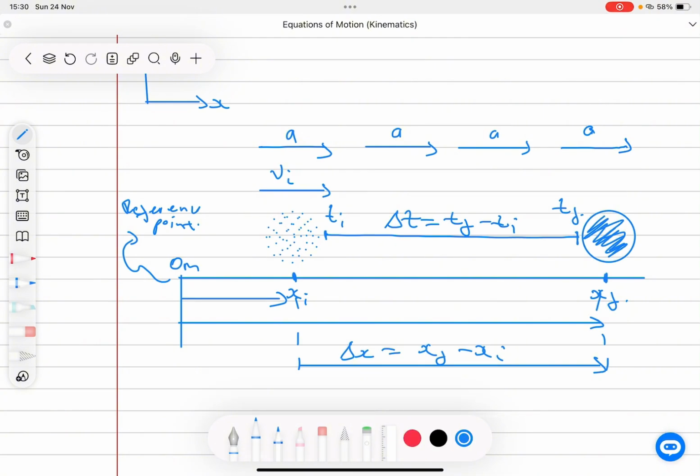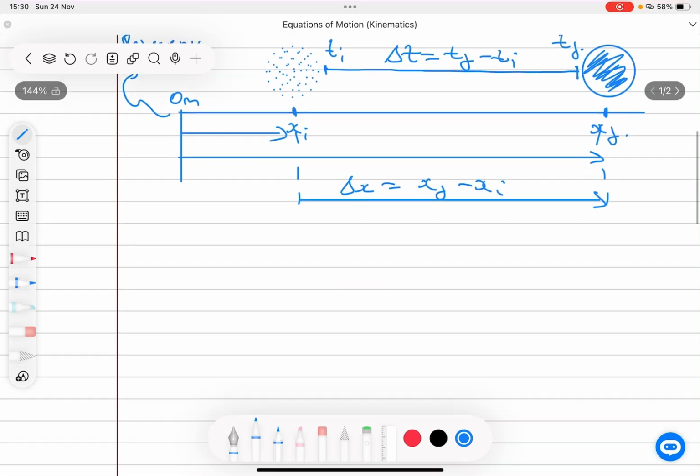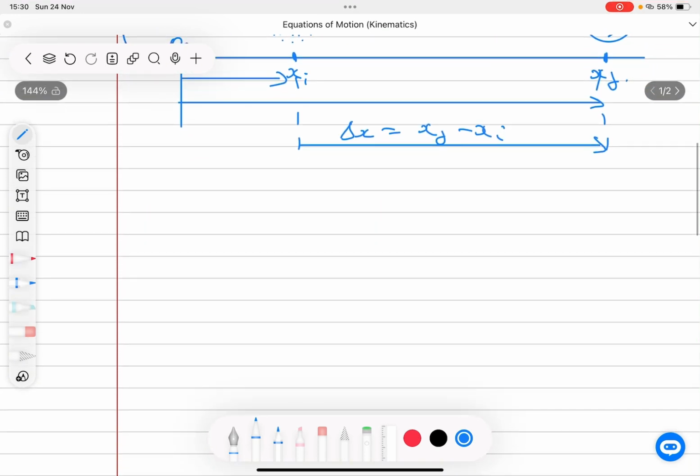Now at this stage, one may be interested to know that the object will have some final velocity here, vf. What is that final velocity? One might want to know that. In order to then determine that velocity, I'm going to use the definition of average acceleration. I'm going to argue that